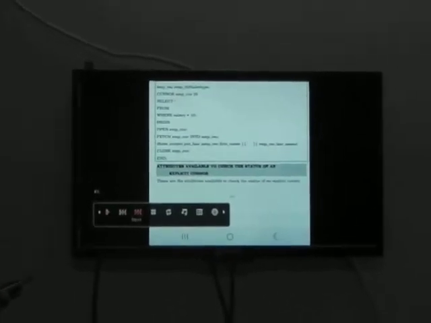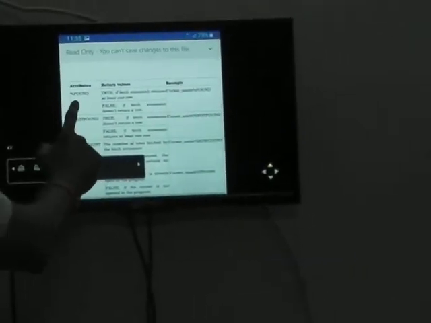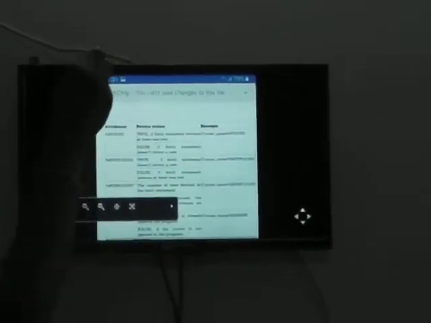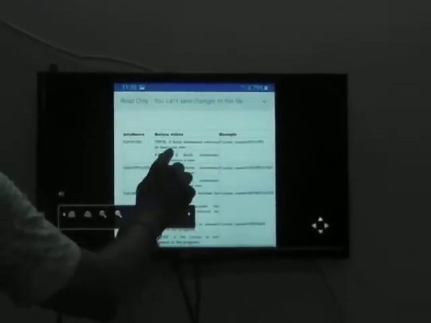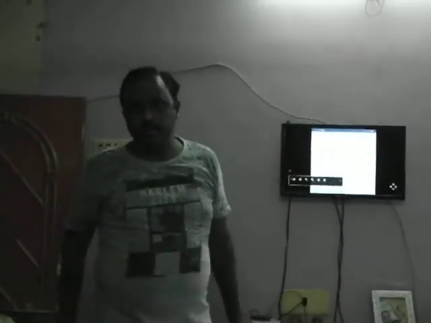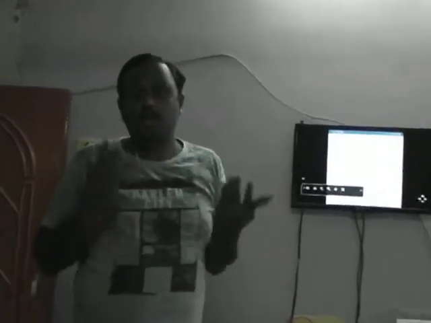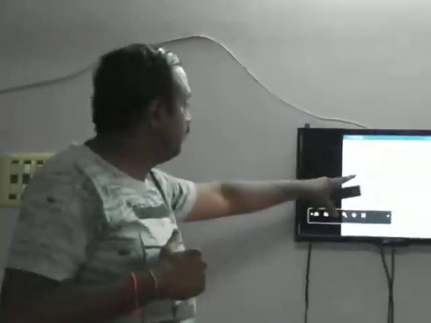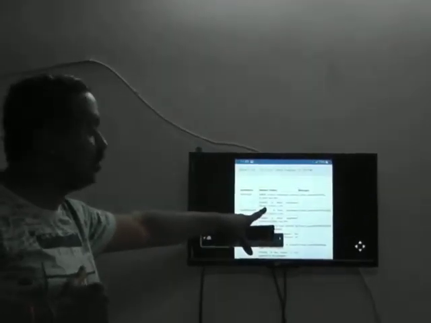Okay, the next one is very simple. %FOUND: we use it in case you want to know whether records are available. If the fetch statement returns at least one row, you get the result true. If it returns false, there is no record from your fetch statement. For example, you create a cursor for those who have a salary more than 5,000, and no records are available. Nobody has a salary above 5,000, so how will records come? They won't. So when you fetch, automatically you will get a return result of false.